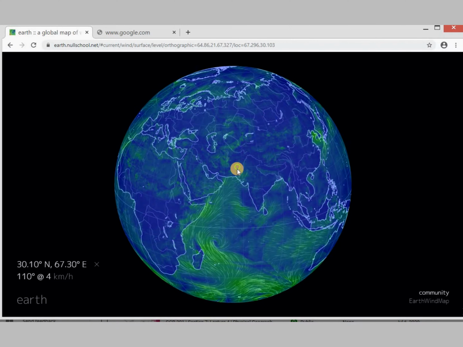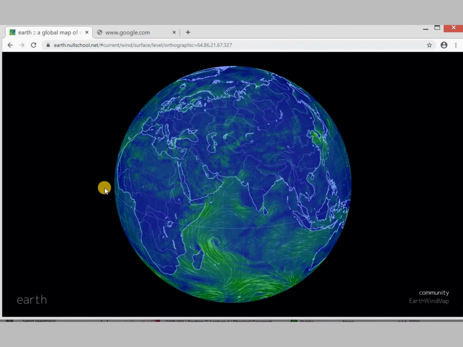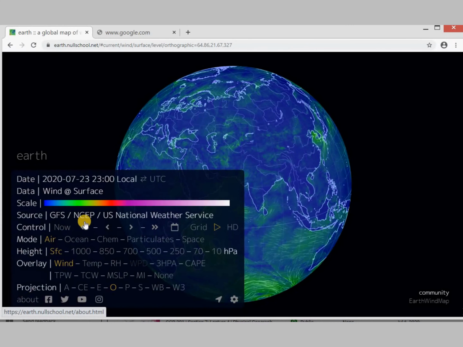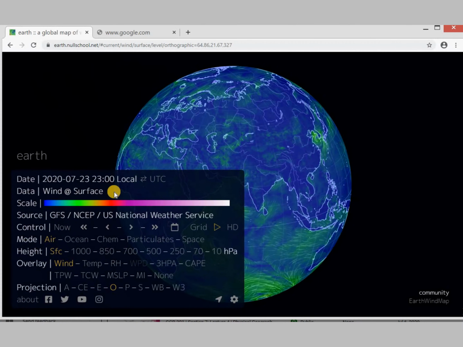here it's 4 kilometers per hour, it's comparatively calm situation, and the wind direction is 110 degrees, somewhere between south and east. So we can close this by clicking here, and then when we click this word earth, then we explored the dynamic world which is hidden in this nullschool.net